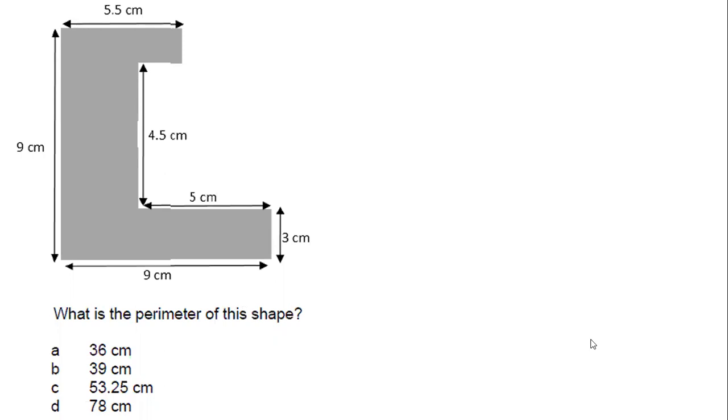What is the perimeter of the shape? Well, we notice the only part they didn't give us is what? Is that part not true? Yes. So if all of it is 9, you just subtract the part, 4.5 from